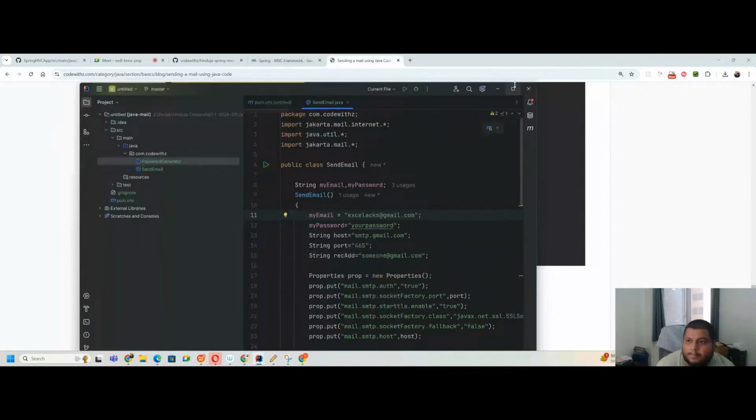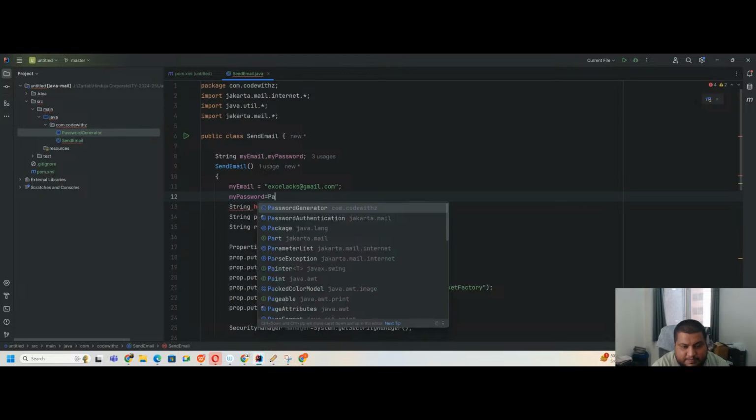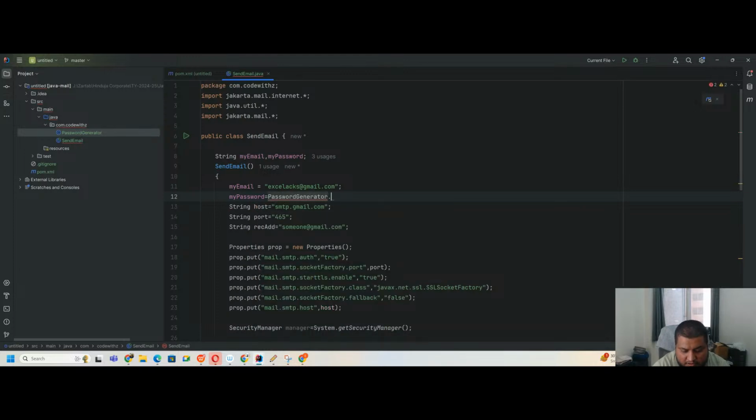Okay, so what I have done here is I have created a class. Anyhow, I will change my password after this. PasswordGenerator.getPassword. So I've created a class. I'm not going to open that because it contains my password. And so now, going back,